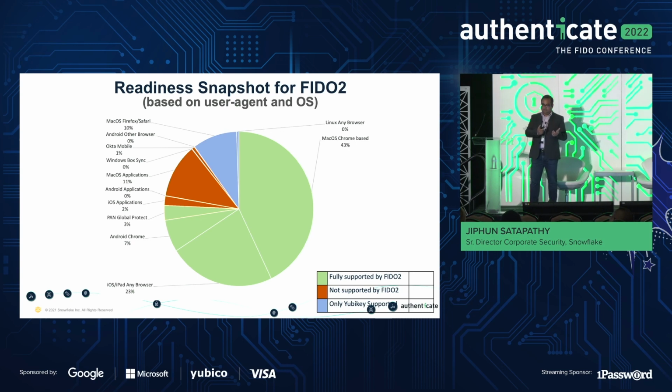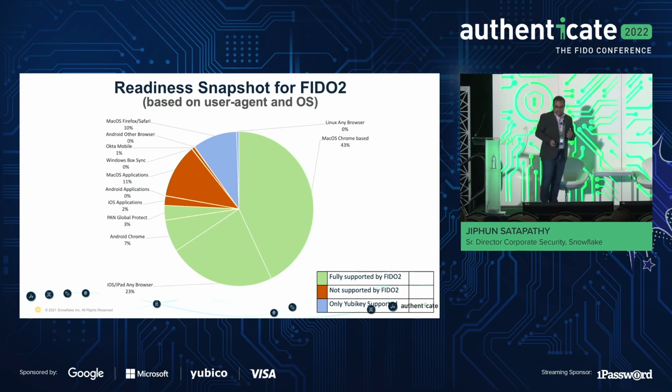So how do we do that? This is where the key decision we made: if we want to go on that journey, it's going to be a journey. It's not like we can say tomorrow or whenever we end rolling out FIDO2, 100% of our ecosystem is enforced with FIDO2. We just could not achieve that, and I don't think that's been possible for anybody to claim, unless you have a very small set of platforms or applications. So we took that bet, saying, now that we are seeing about 85% of our ecosystem where we can enable and enforce FIDO2, we marched in that direction.